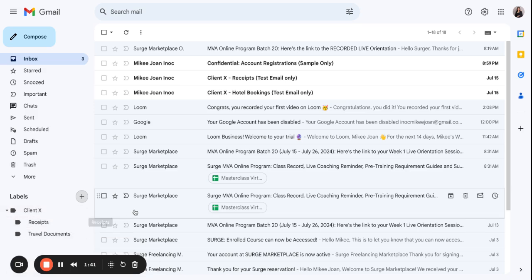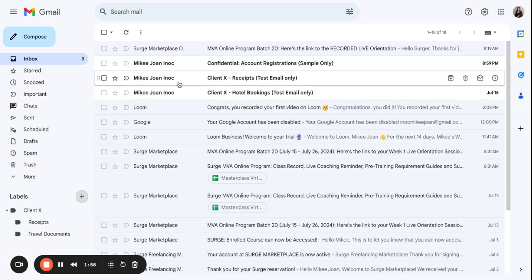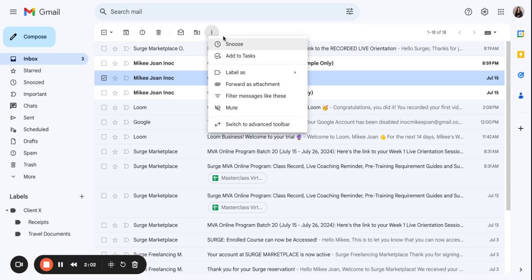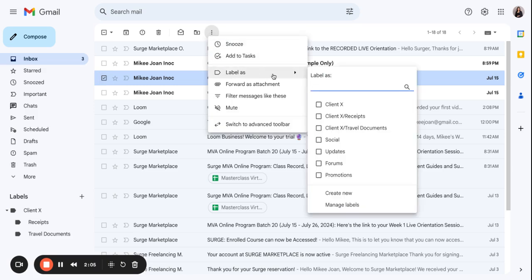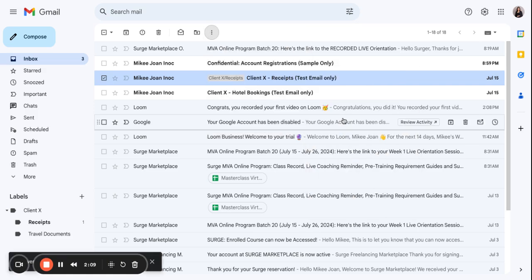So now that you know how to add labels, I will show you how to move emails or how to label your emails. I have here a sample email for Client X which has receipts. I just need to select that one and click the three dots and point your cursor to label as and select Client X receipts.